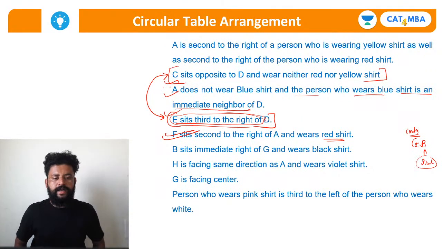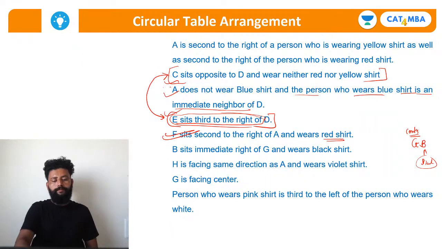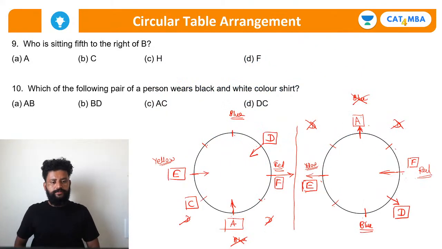B sits immediate right of G. This must be B. Two immediate neighbors. Okay. In this case, we don't have any possibility. So we have B and